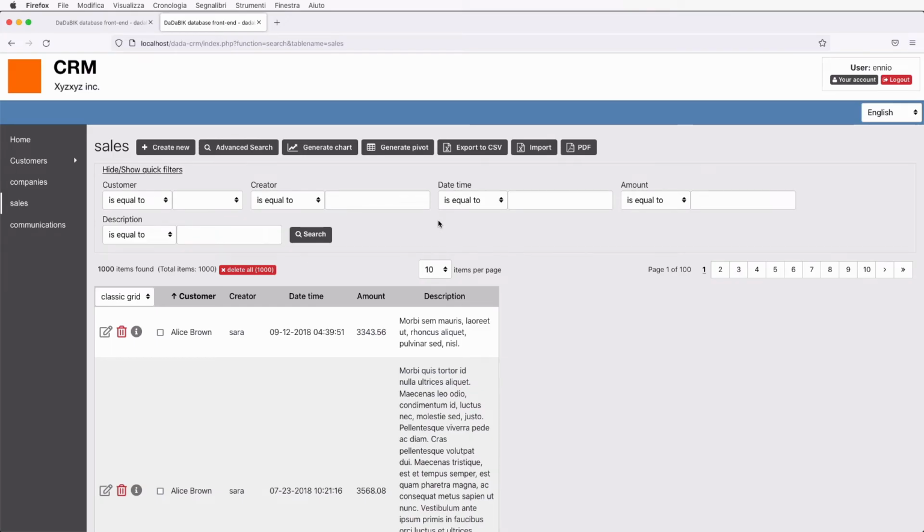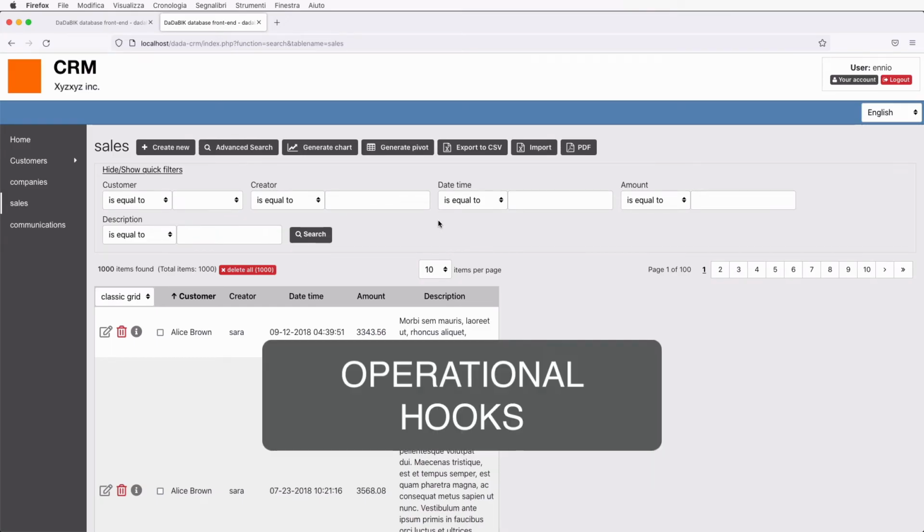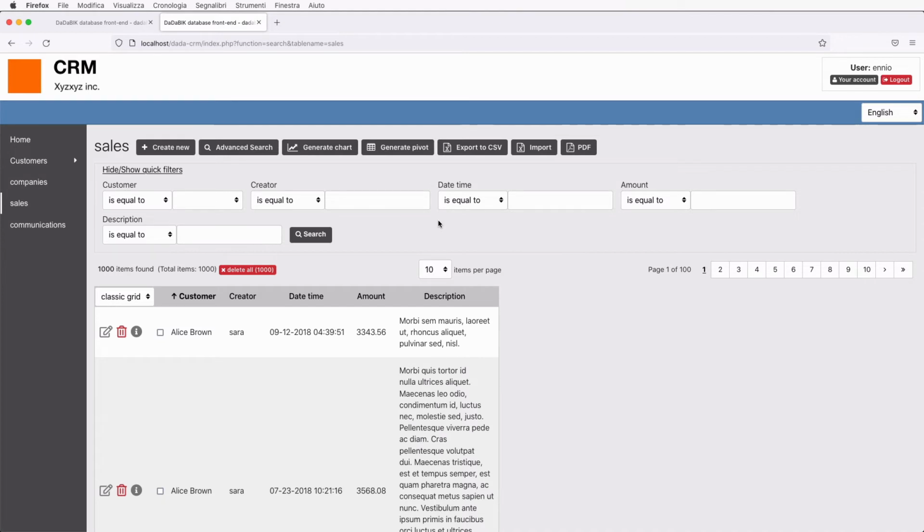Next topic is hooks. In Databeak, we have operational hooks and layout hooks. Here we will talk about operational hooks. Basically, you can execute some custom code when a particular event occurs.